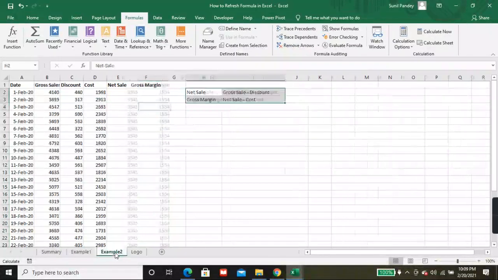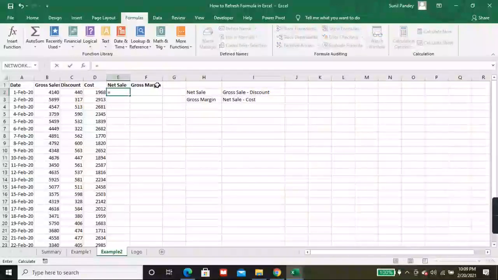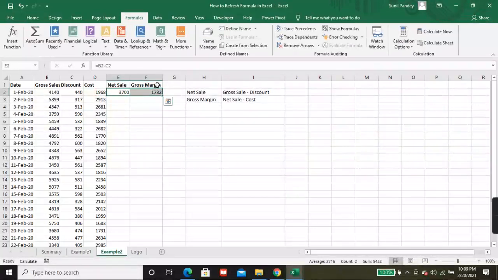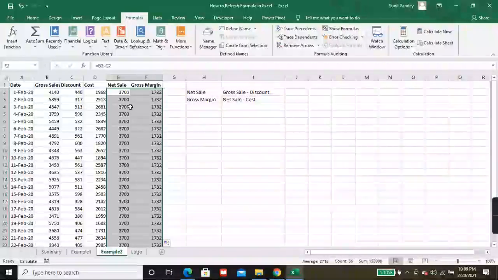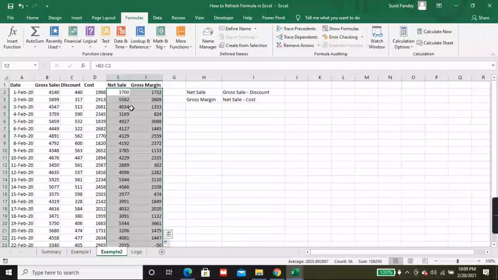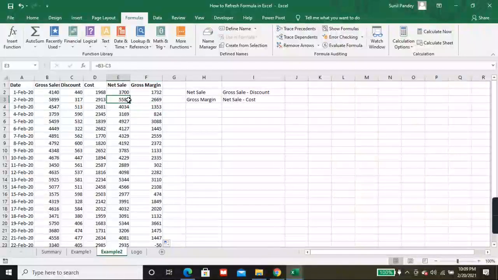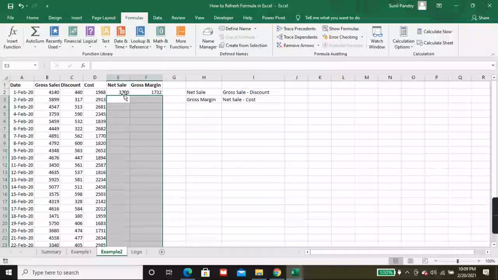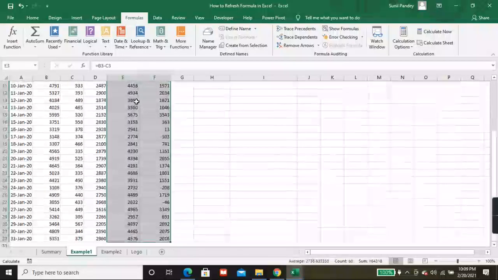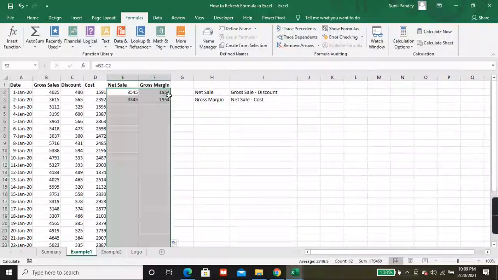Let's see example 2 also, so you can understand the same. I'm going to do the same formula: net sale minus cost. Here if I click Calculate Now, it will calculate this sheet and this sheet also. Now I'll drag it, and here also I'll drag it again.